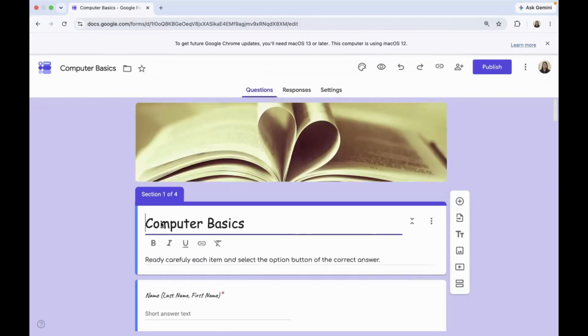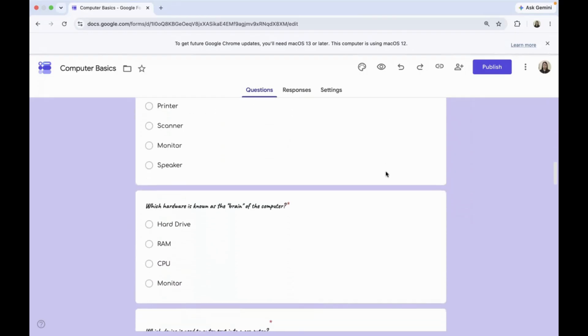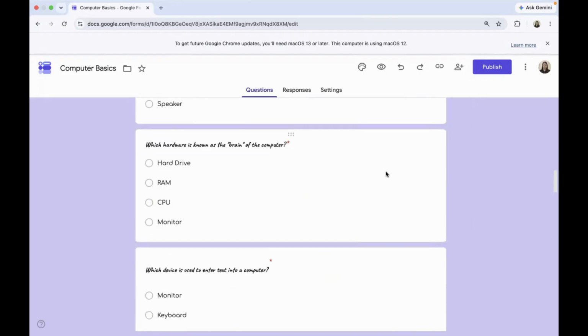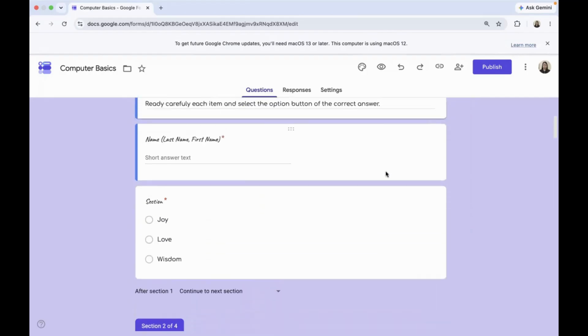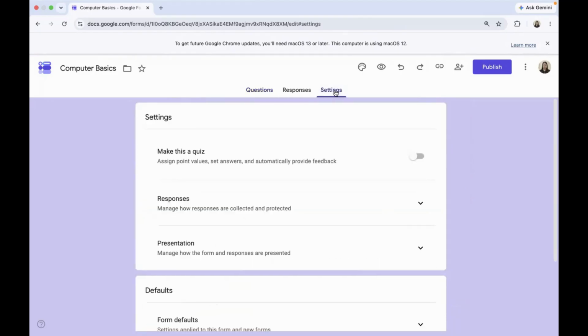So at this time, this quiz will be a quiz because during the creation of the form in the topic 2, it was not yet set into quiz mode. So we had just created a 15 item. Is it a 15 item quiz or 13? And it's not yet a quiz because we have to do some settings. Okay, so to do that, we have to go to the settings tab here of our form.